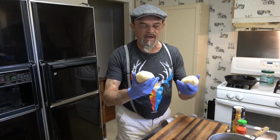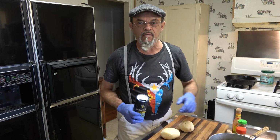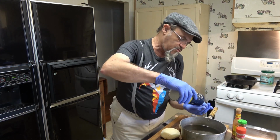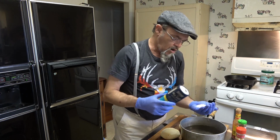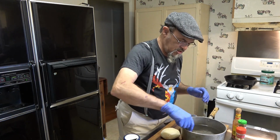Okay, got them two taters peeled, and the reason I'm only using two taters is because I'm just cooking this for me and I don't need to make a whole lot. I've got me a pot full of water right here, and to that I'm going to add a good little handful of sea salt. I'll pre-salt the potatoes and I won't need to do that. Go ahead and mix that